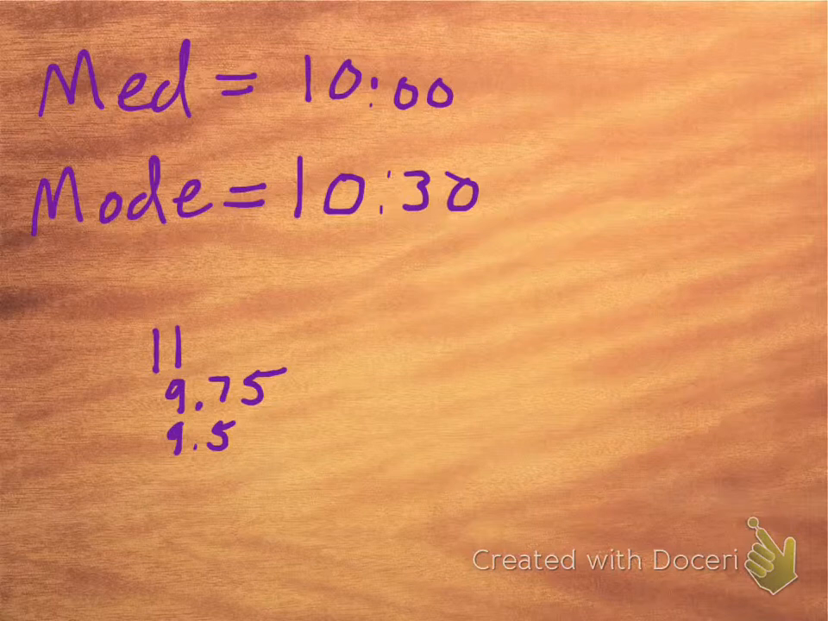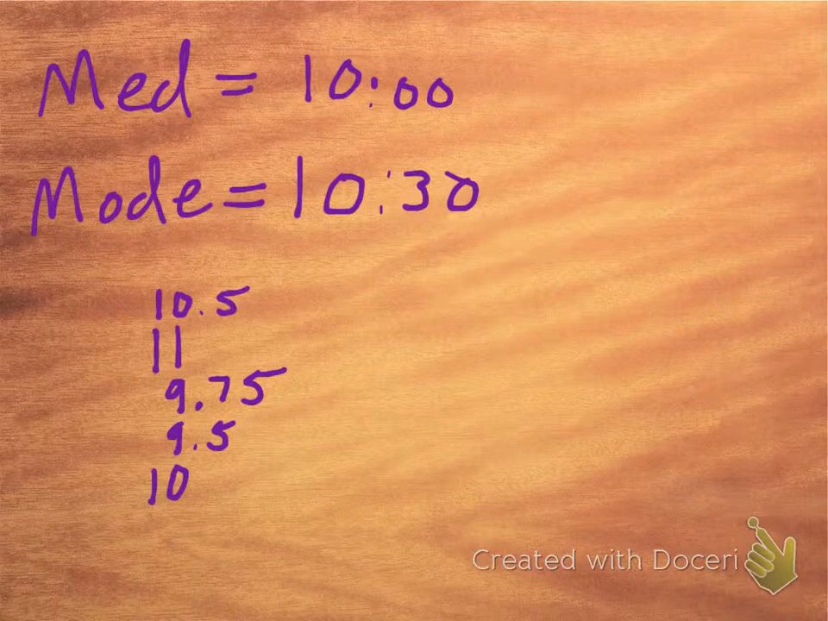10 is just 10. 10:30 is 10.5. Then we have 9 o'clock and 10:30 again. Oh, not 10. Alright, now that's where most people mess up on this problem, not understanding how to change the time into a